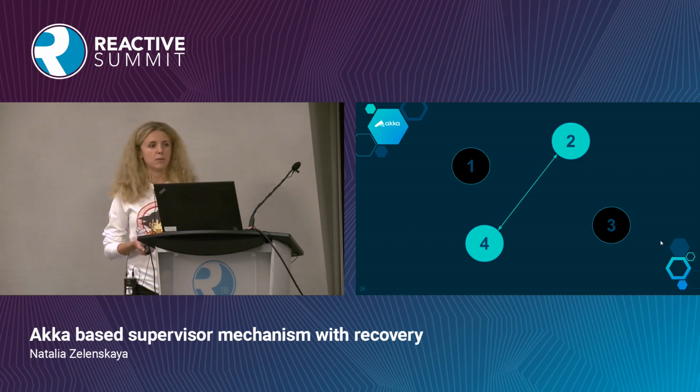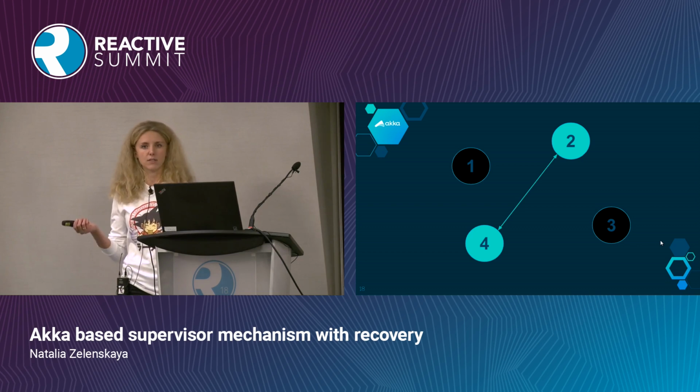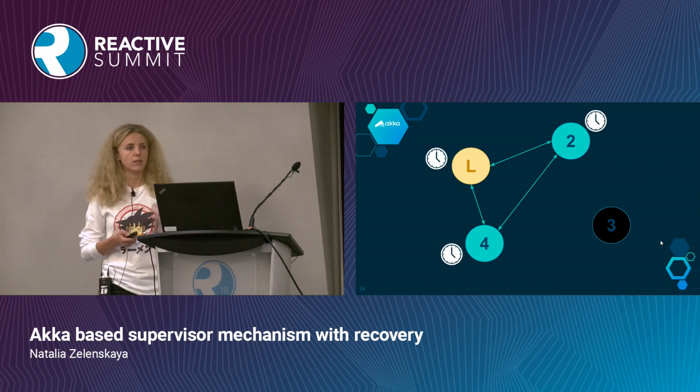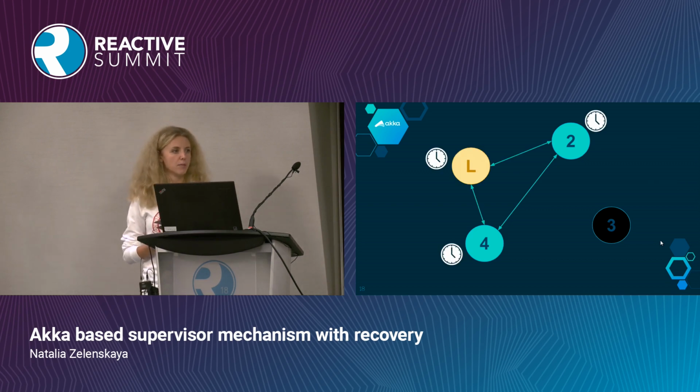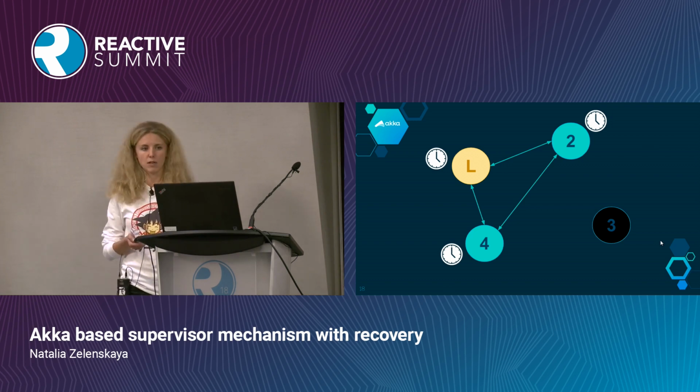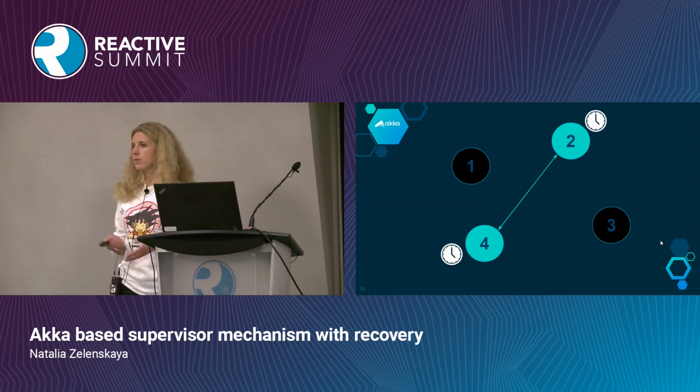The answer is quite simple. We can start the recovery timers on all nodes in the cluster, but still only the current leader of the cluster is going to orchestrate it. So let's see how it will change the scenario. Now, for the failed node number 3, we have the recovery timer started on all active nodes of the cluster: node number 4, 2, and 1, which is our current leader. So the leader proceeds to detect, based on recovery points, which work should be handled. It goes down. With Akka clustering, eventually, we will elect a new leader.